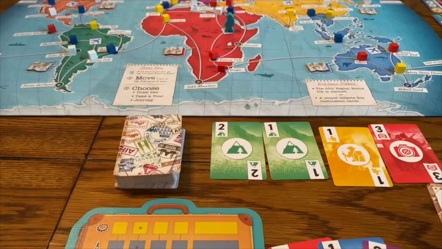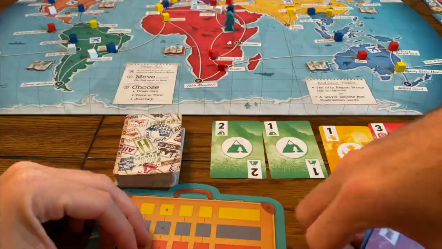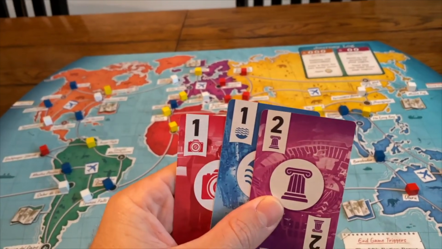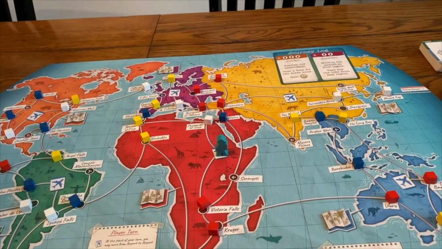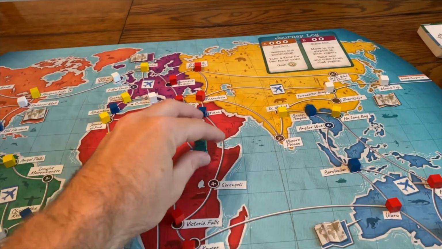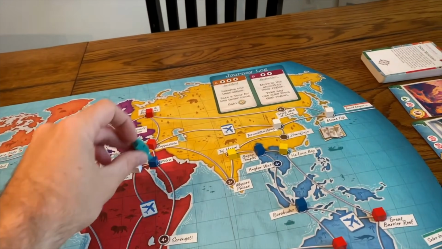On your turn out here, you're going to move. You must move first. You've got to use a track card in your hand. You can discard as many track cards as you want, but here's the catch. You have to move exactly that number. So if I play the 2 and the 1, I can't move 2 trying to free up cards out of my hand. I have to move exactly 3 spaces. So I would move 1, 2, 3 down to Table Mountain, or I could go 1, 2, 3 up to